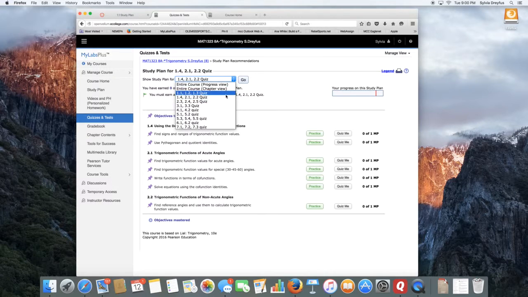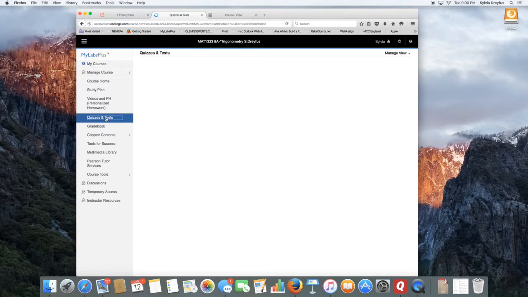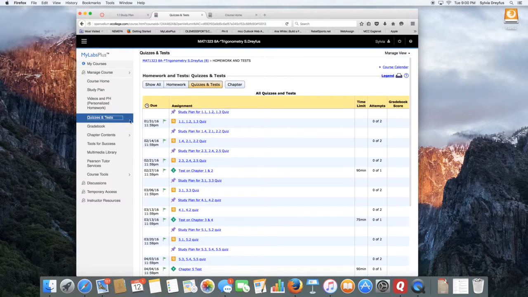When you have taken these first 3 quizzes and finish this, then you'll be ready to take the first test. So when you go back to your quizzes and tests screen, when you click on this quiz, this green flag will be gone because you will have your 10 mastery points. Now notice you have 2 tries to take this quiz and get 70%. If you take it once and you do not get a 70%,